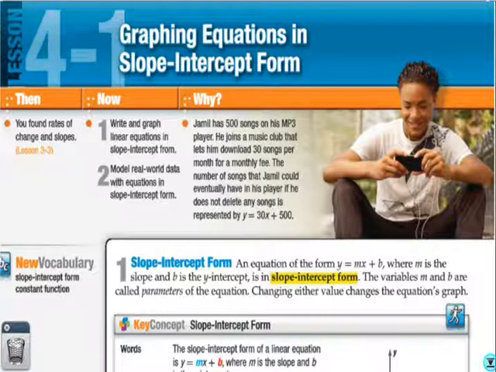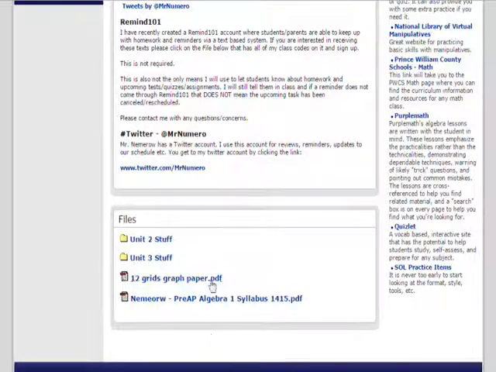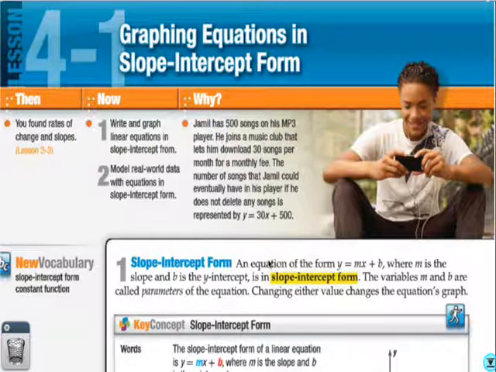Okay. I told you guys in class some graph paper might be useful. You can sketch them when you're doing your homework and stuff, but either get graph paper or go to the class webpage and get some graph paper there. On the class webpage, if you scroll down to the bottom right here, 12 grids, graph paper. If you open that, you'll get that right there. That's graph paper for you guys to use whenever you want. All right, so